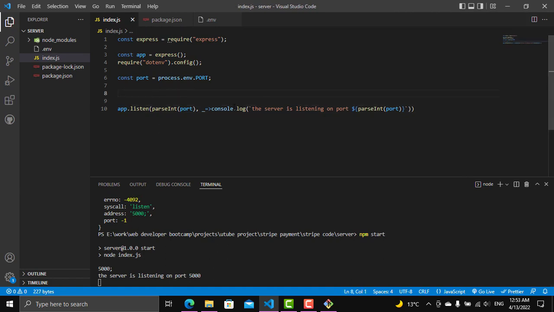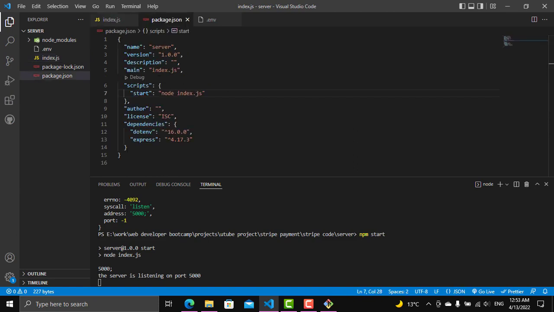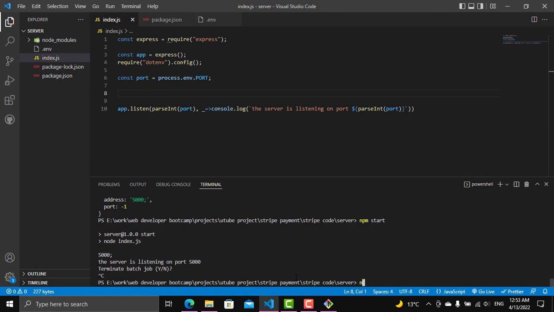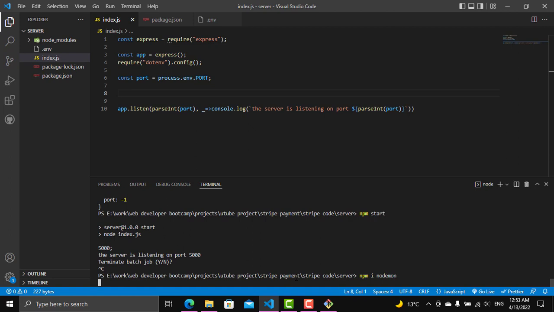Now, something else we should do, we should make this run on node daemon, because this will enable us not to restart the server each time. So we should download now the node daemon. Well, so up to now we have a server, the server is running,